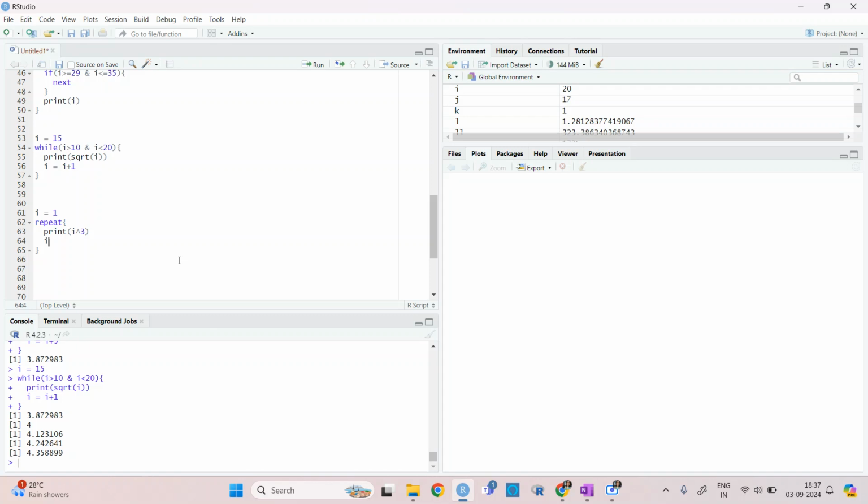Then we need to say that i is equal to i plus 2, or i is equal to i plus 3, or whatever. Let's say i is equal to i plus 5, and do it until if i is greater than 50, then break.